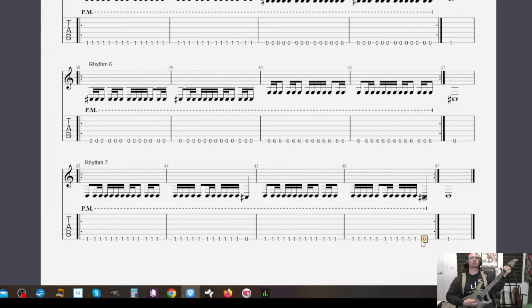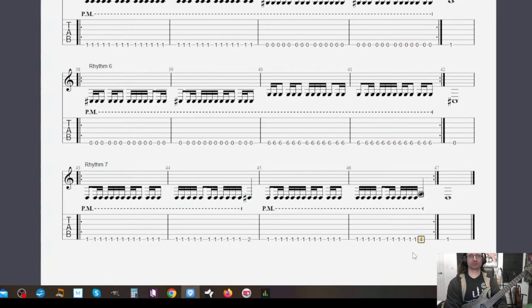So let's do that. We'll just go between this, take that palm mute off, go here, change that to a 4, and that palm mute off, and then where we go. Alright, so there's Rhythm 7 updated.